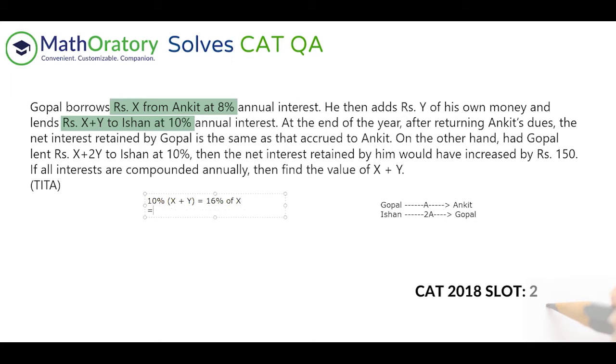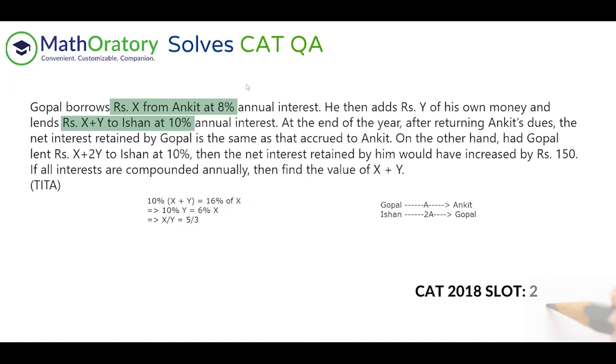Now we can quickly solve this. We get 6% of X is equal to 10% of Y. So 10% of Y is equal to 6% of X. I'm not writing the 'of' every time; I hope you can understand that. Do this carefully: X by Y is equal to 5 by 3. This is the ratio of X by Y. Great, so this is understood now, I hope.